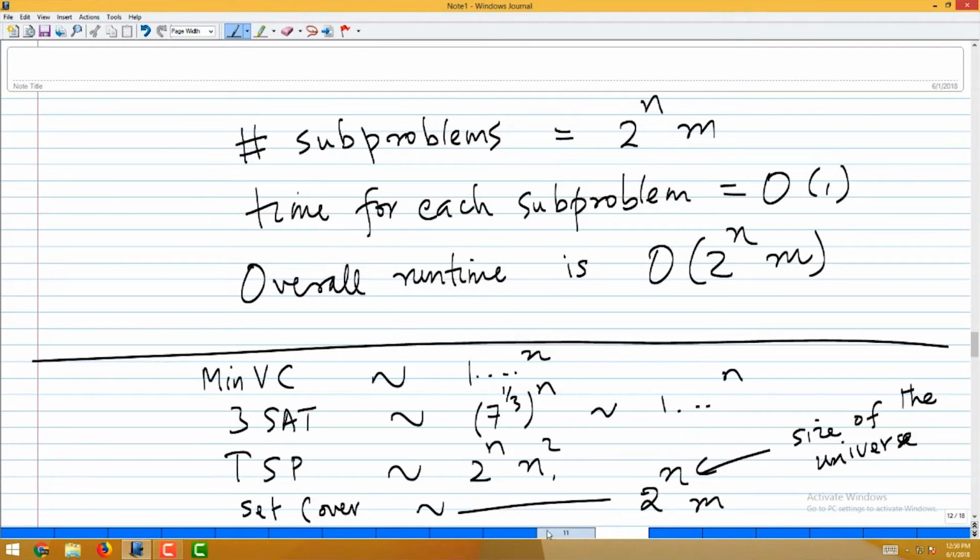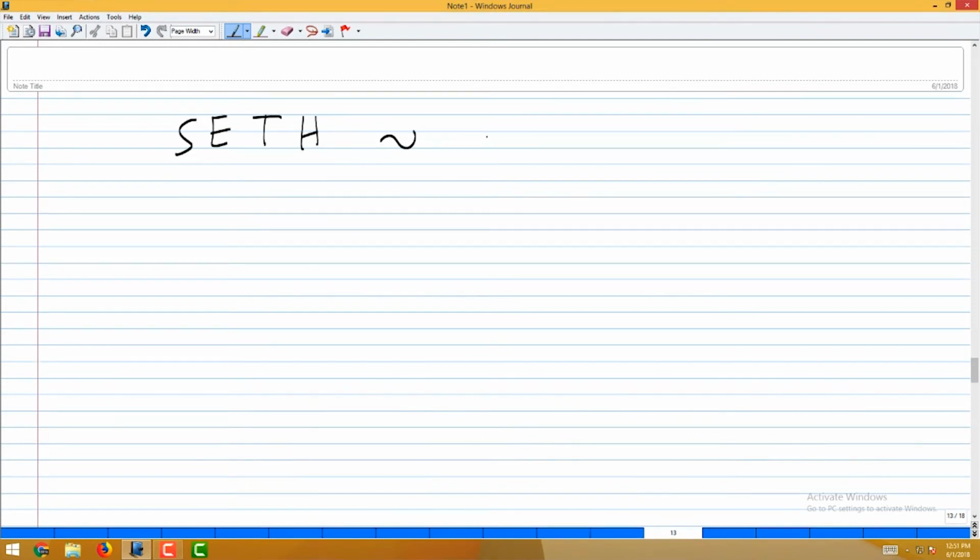If you recall this 7 power 1 by 3 power n algorithm for 3 SAT, how did we get this? We said we look at a clause, there are 3 variables, there are 8 ways of trying them, but instead we will try only 7 and then we recurse. This is all fine if the number of variables in the clause is a constant, but if you do not have any bound on the number of variables, this is general SAT, which is also NP complete, then the conjecture is that